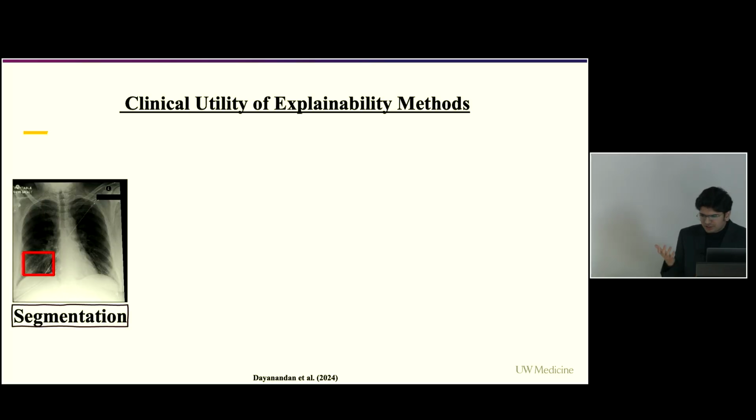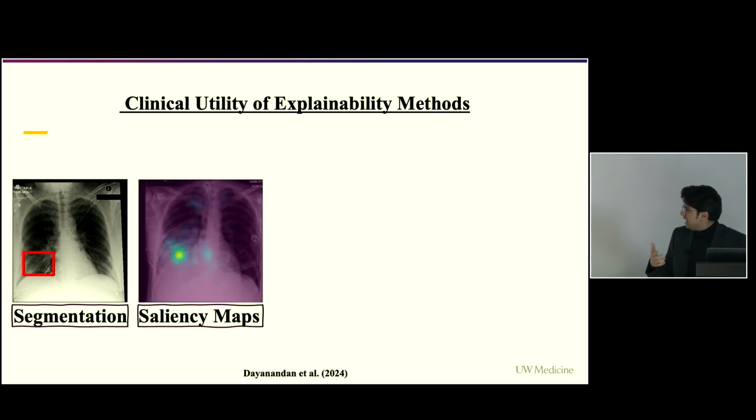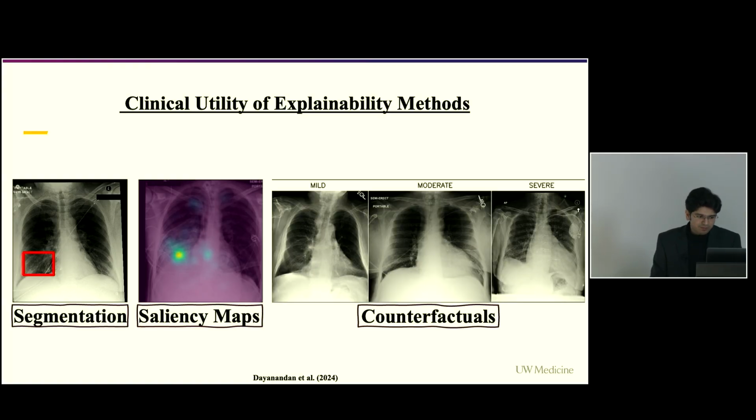So we saw a whirlwind of techniques to see what type of mechanisms or visualizations we may use to explain the latent decision-making process of these amazing deep learning models. Like we could have a segmentation. We could have these saliency maps that can try to pinpoint where the model was looking, or we can have these counterfactuals that can help us understand what changes in the model drove a change in the model's predictions.